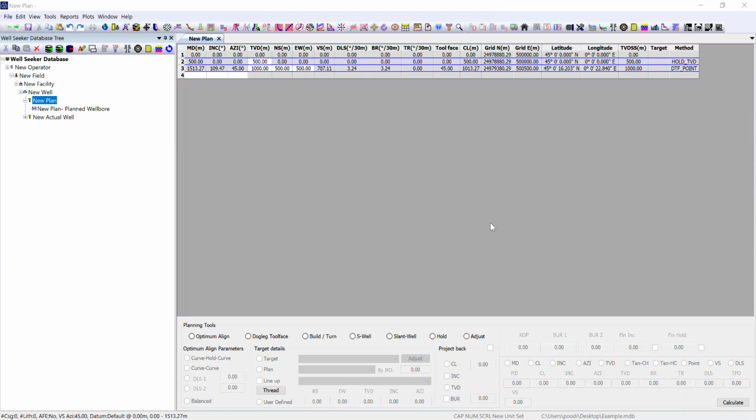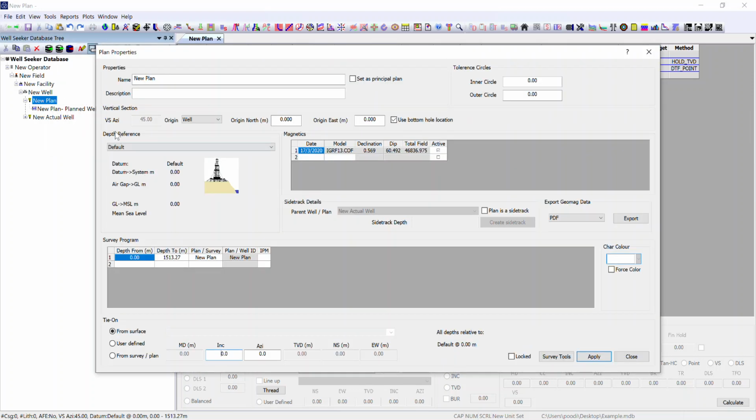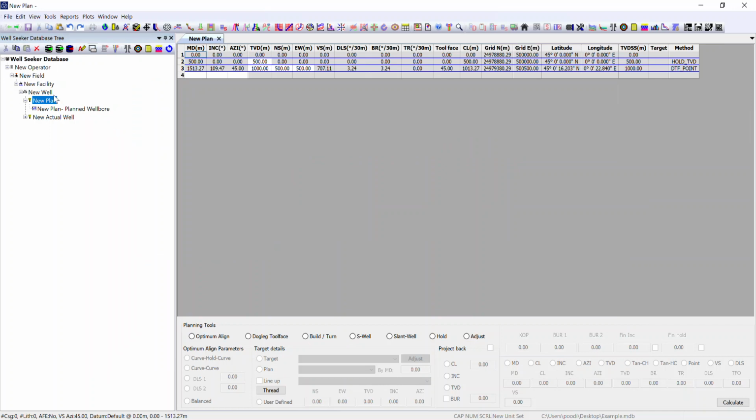In this clip, we're going to look at how changing the depth reference of a pre-existing plan or actual wellbore has an effect. So we have our plan here tied on at surface, 0 meters TVD, 0 meters TVD subsea. If I open my plan properties, we can see our current depth reference is the default of 0 meters above mean sea level. If I go up to the actual at the well level,